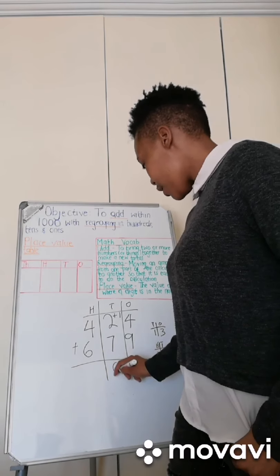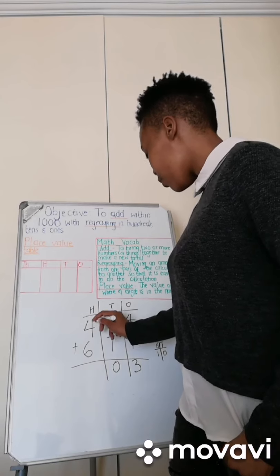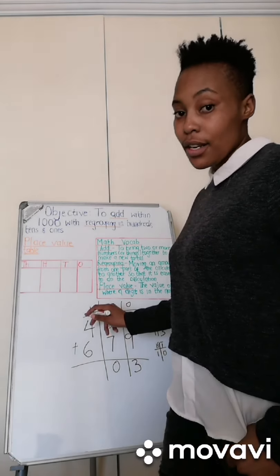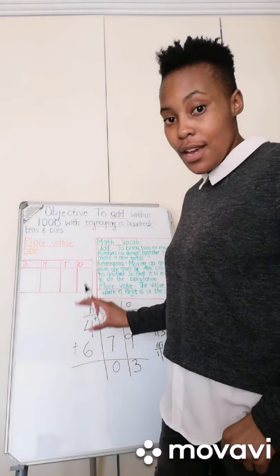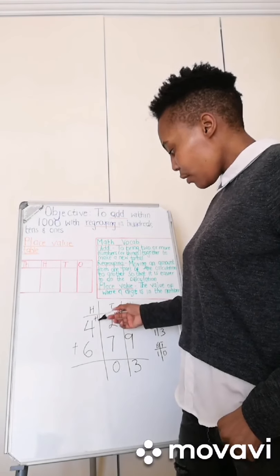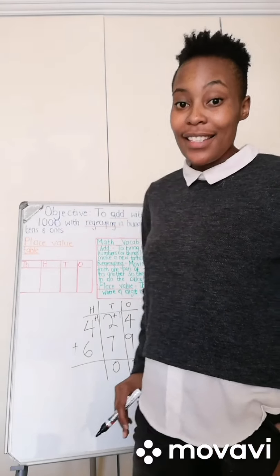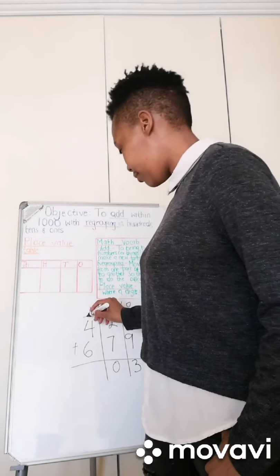The 0 goes to the tens and the 1 will go to the hundreds, because the tens share their sugar with the hundreds. Okay, 4 add 1, that's 5. 5 add 6, that's 11. Now